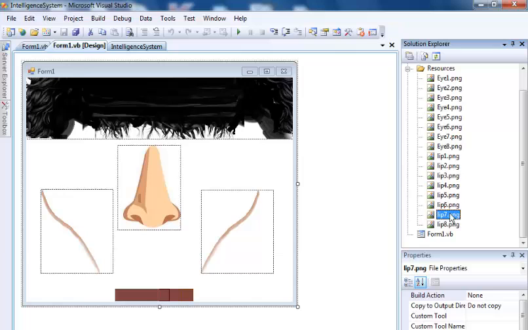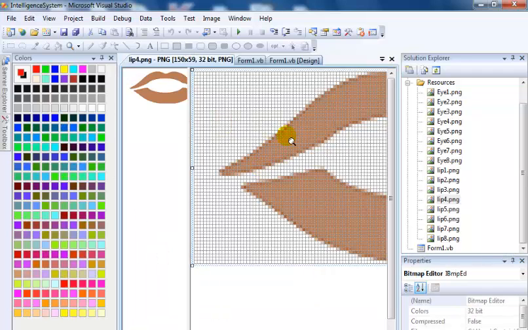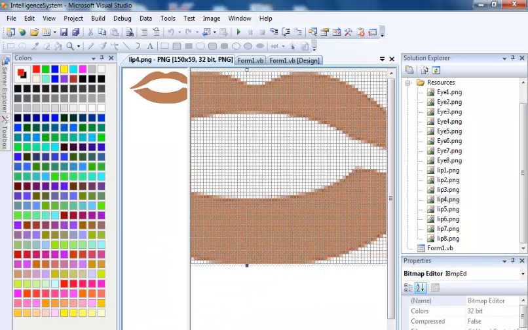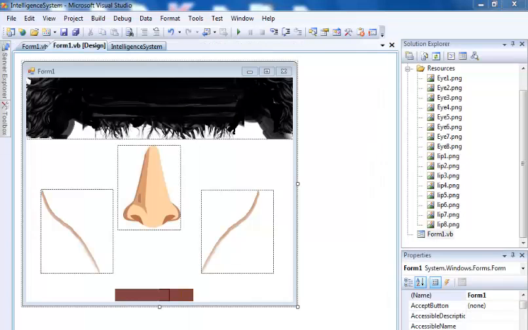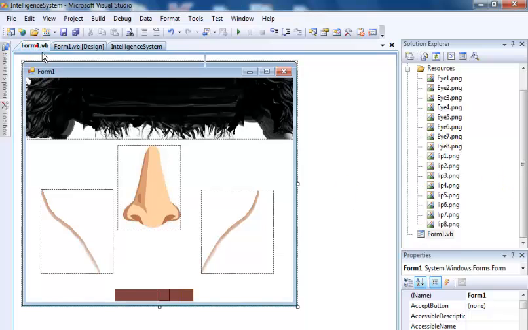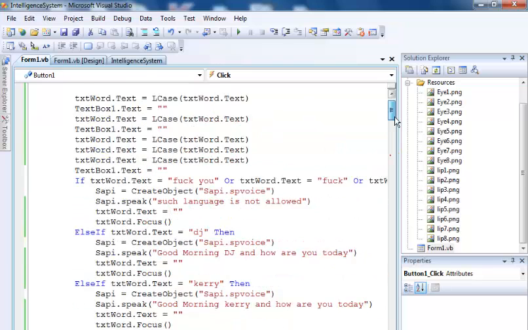Okay, if you like, you can always double click on this and just maybe make an amendment or two right there if you know what to do. That is it. Okay, and the next thing I did after importing all of the images is to come straight into my code or code view area,